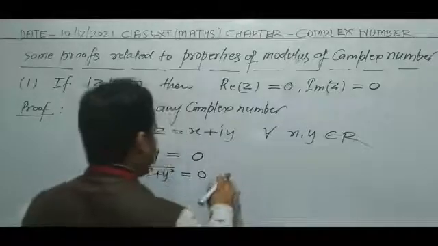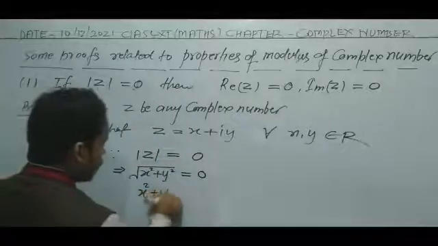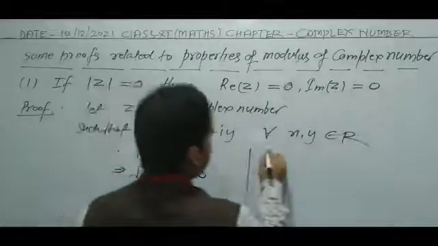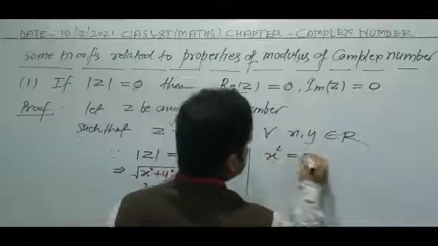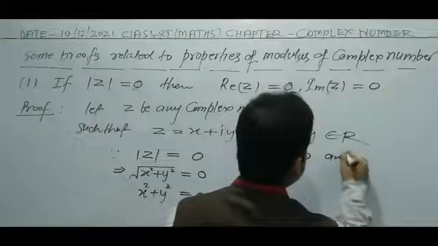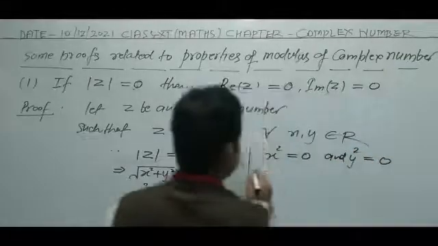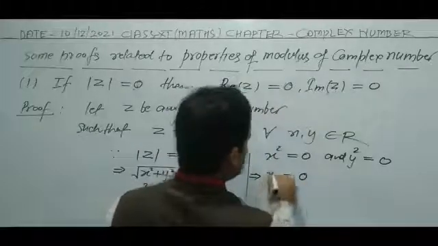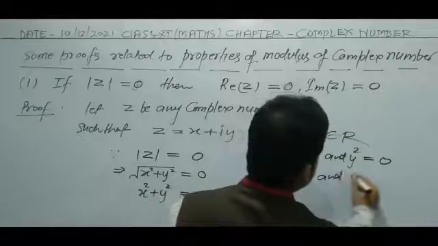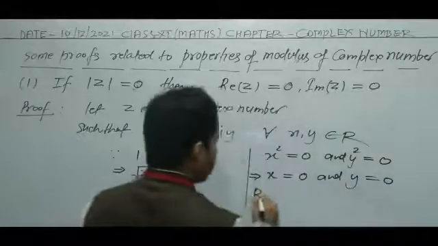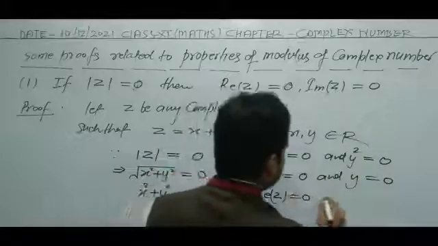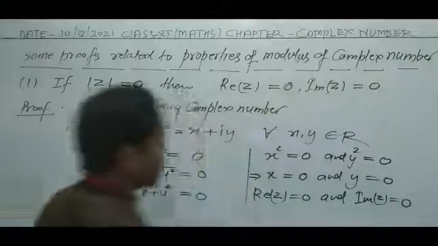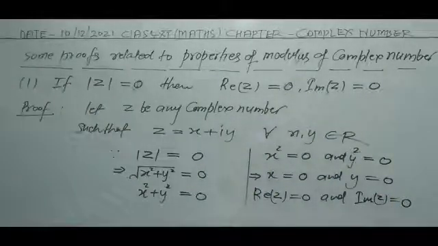Now this one we can write x square plus y square is equal to 0, and this implies we can write x is equal to 0 and y square will be equal to 0. Now we can write y is equal to 0, this is x equals 0 and y is equal to 0. Now this is the real part of z is equal to 0 and imaginary part of z is equal to 0. Now this is our proof. See,